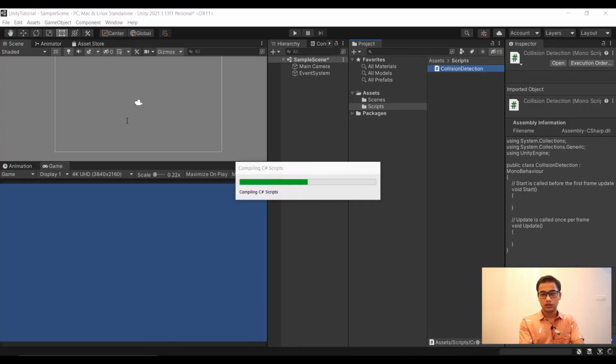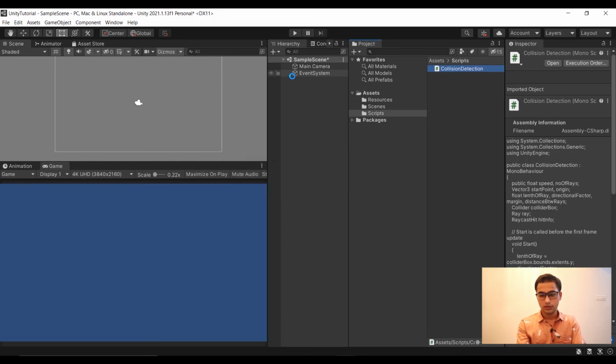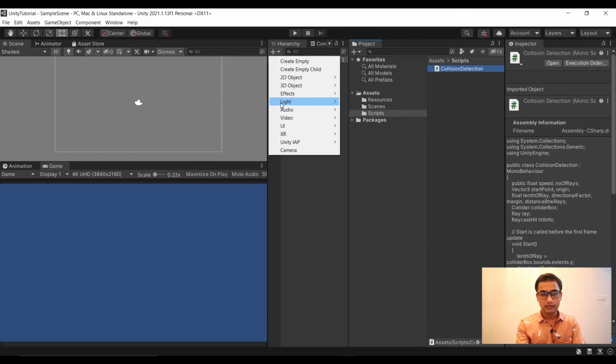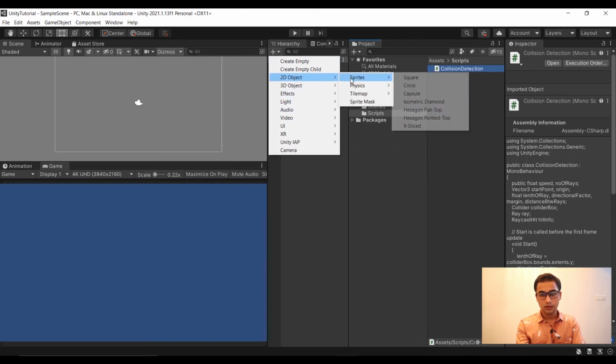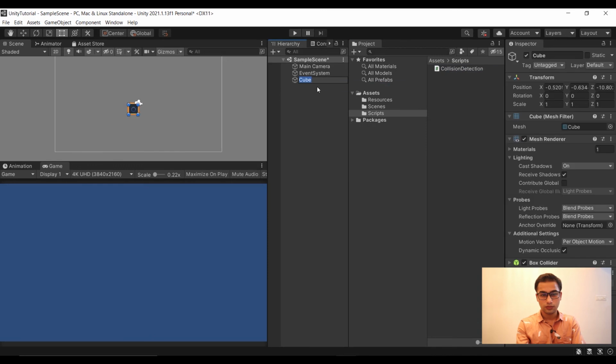So I'm just going to go to my Unity. There is no error, okay, fine. Now I'm going to create 3 simple cubes, 3D cubes. Let's just copy and paste it, and I am changing the position of cubes 1 and 2.